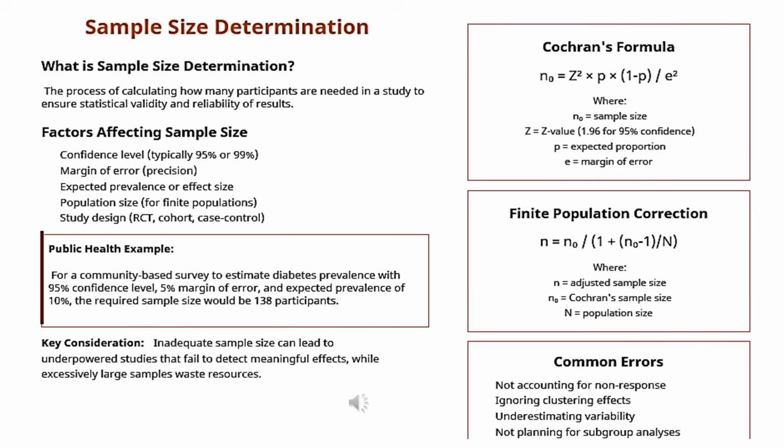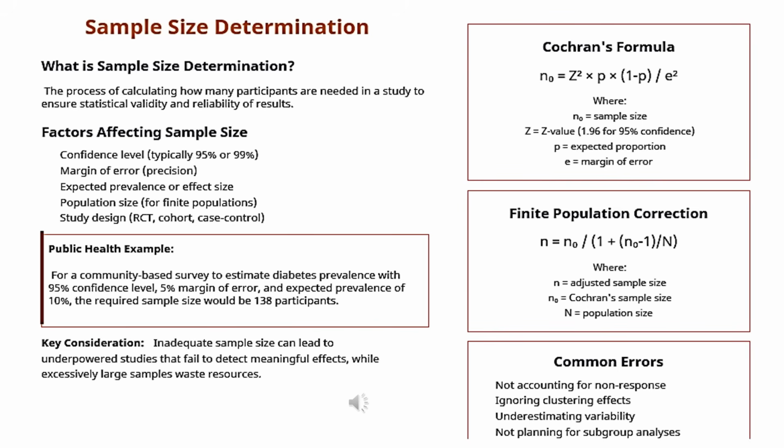For a finite population, an adjustment is made using the finite population correction formula. For example, if you are conducting a community-based survey to estimate maybe diabetes prevalence, with a 95% confidence level, then a 5% margin of error and an expected prevalence of 10% within the study location, it means when you input all this into the formula, you will need approximately 138 participants. Okay,